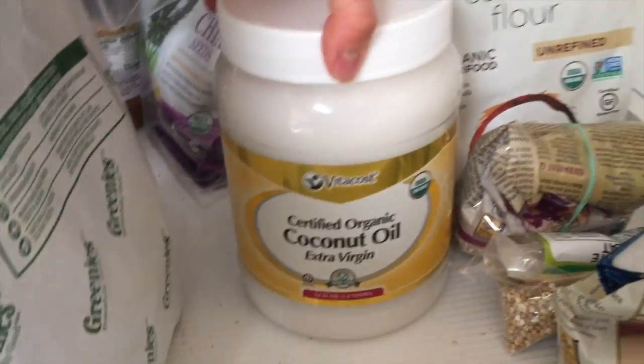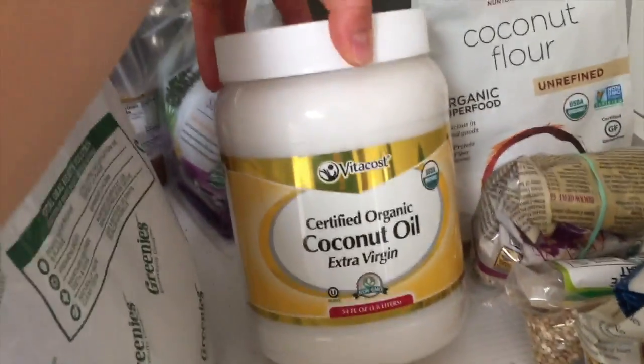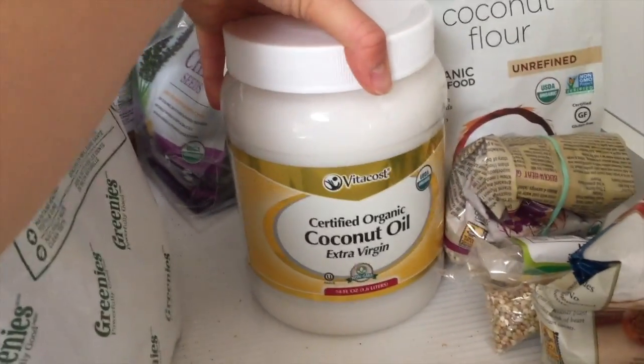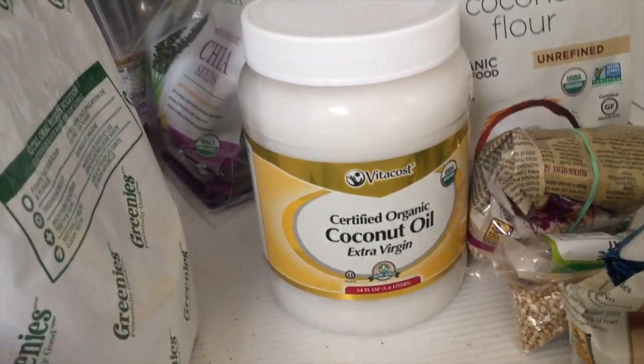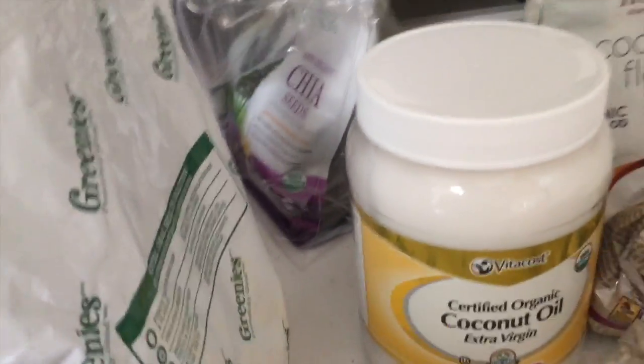A big ass thing of coconut oil. This is 54 ounces because I go through it like crazy, so I just bought out Vitacost because why not? It's cheaper. And I'm gonna make a video with all the things I do with coconut oil so that you guys know. And then I bought some bulk chia seeds